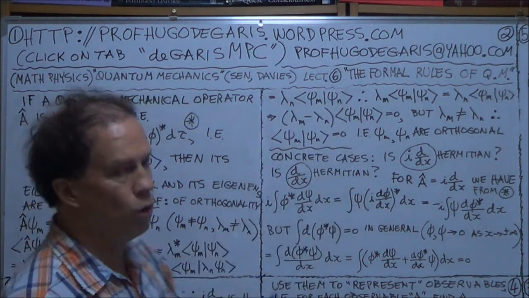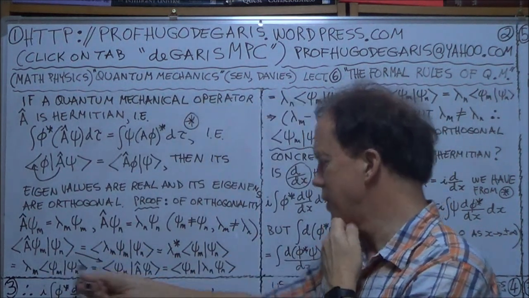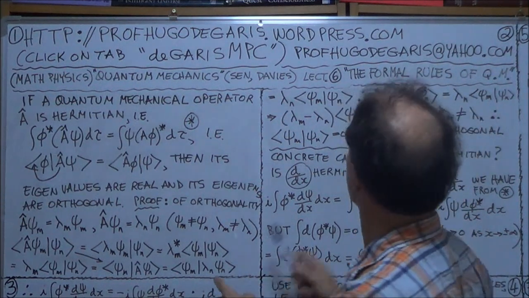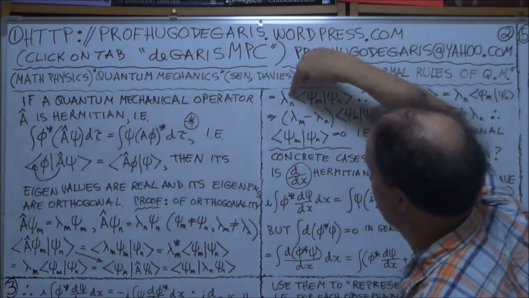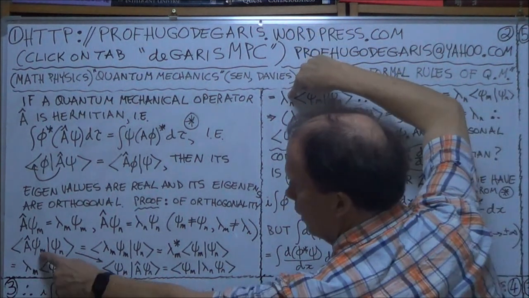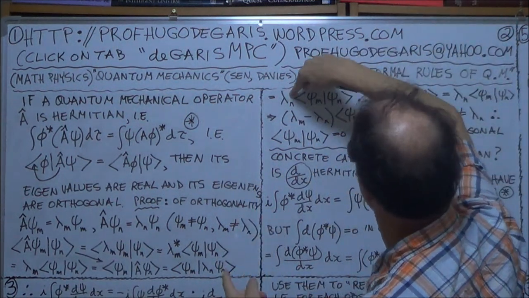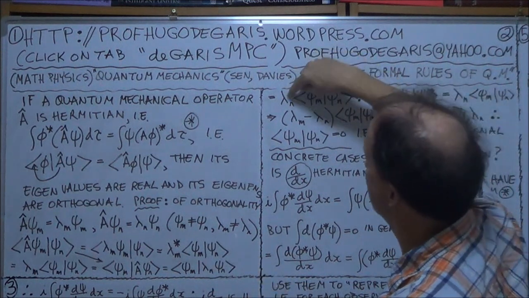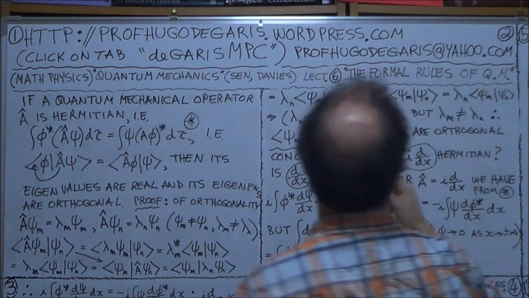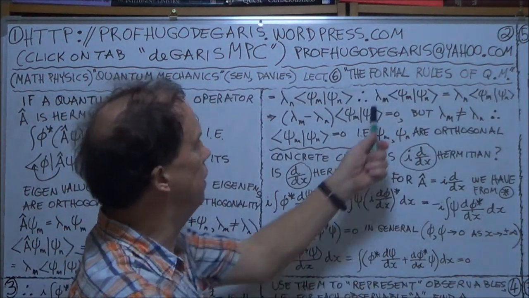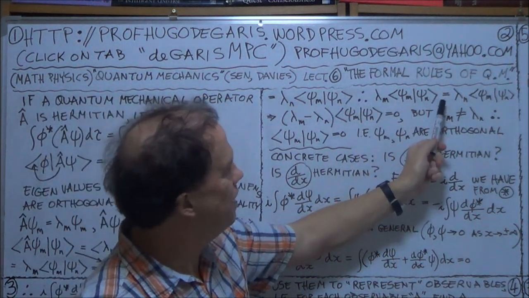Now all those terms were equal. This equals this equals this, and so on, all seven terms are equal. So this one and this one here are equal, which is what I've written down here. So lambda m bracket psi m psi n is equal to lambda n